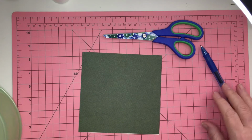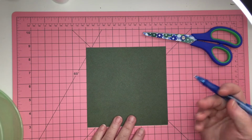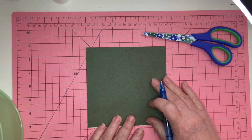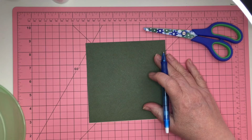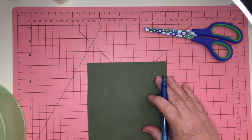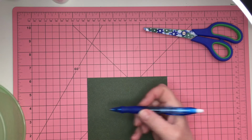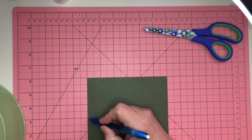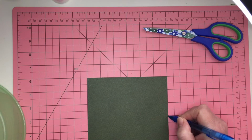So what you're going to do first is just make a little dot. I'm going to use my mat here, and sorry if this goes out of frame a bit. And since this paper is 6 by 6, I want to make just a little dot on the edge at 3 inches. Okay,